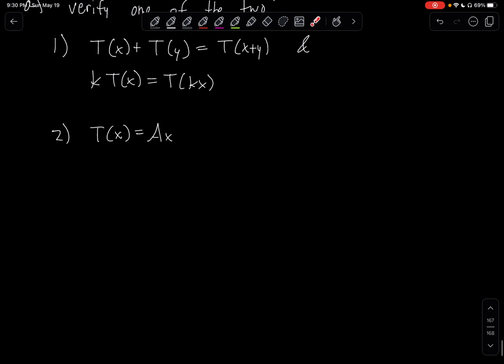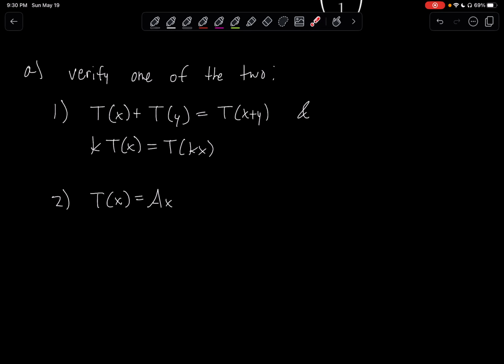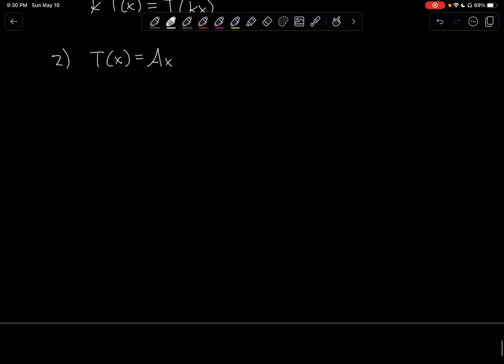But let's go ahead and prove it, or I guess not really prove it, but show it. Okay. So I'm going to take some vector x and some vector y from R3. Let me go define those. So let